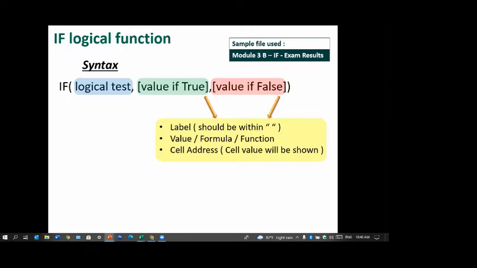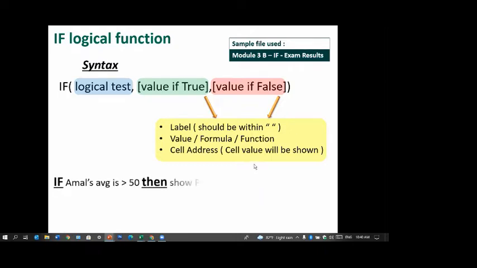If the sales is more than, say, 1 million, you get the max of sales, the maximum of the sales, and then add something onto it. So you're putting a function. Otherwise, you get the minimum of sales, or average of sales, and then divide it. Or you can say, if the sales is more than this, A1, otherwise B1. In A1 and B1, you can put two values, good or bad or whatever. Then those will be displayed. So if you are using a cell address, remember, the value in that cell address will be displayed as usual. Right?